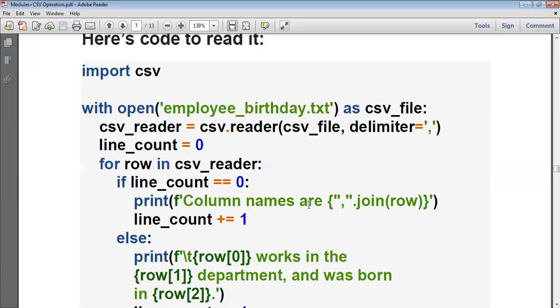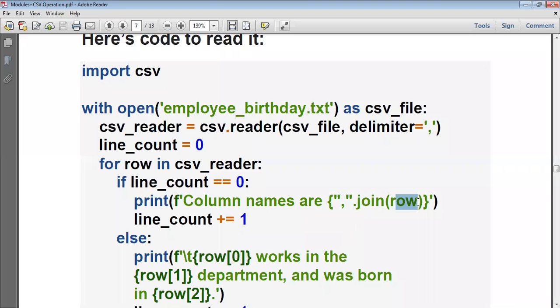Within the double quotes, we have given Column names are, and then comes the format. Whatever is inside the curly braces is taken as a format. Inside the quotation marks they have used the comma, which means the elements in the string have to be separated by a comma. Next, .join(row).